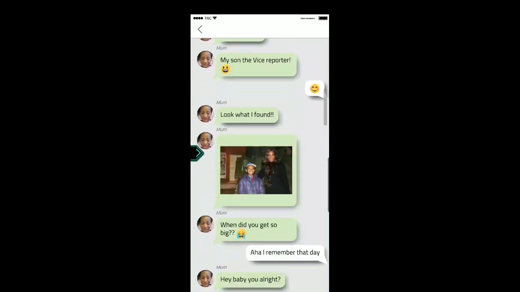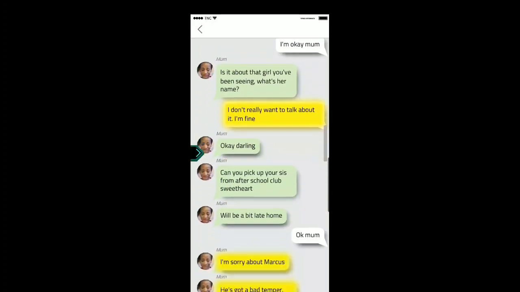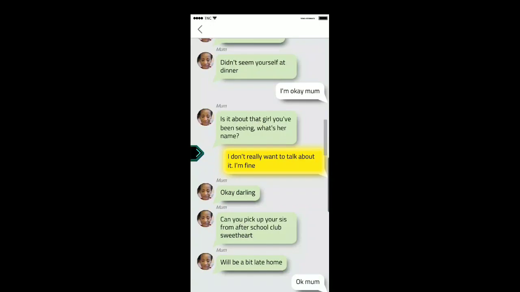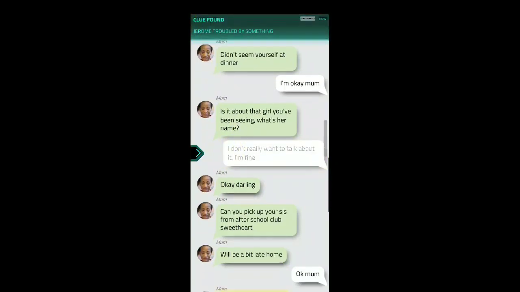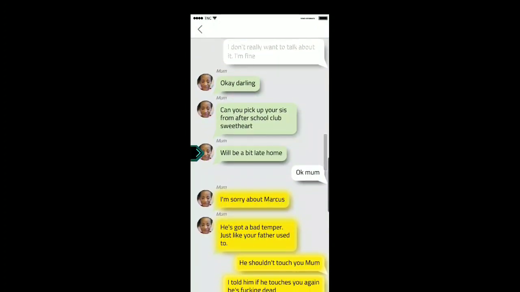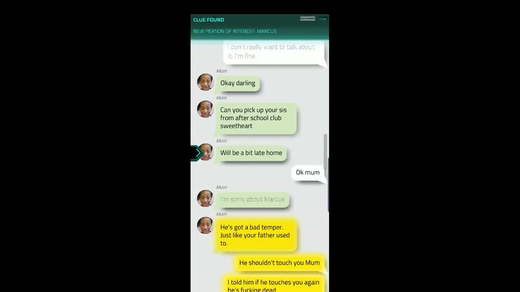No clues in this one. Oh, I missed some clues in here. Okay, so anything highlighted yellow is a clue I should open up. Just gonna click on these yellow ones I missed. I'm sorry about Marcus. Now I'm gonna